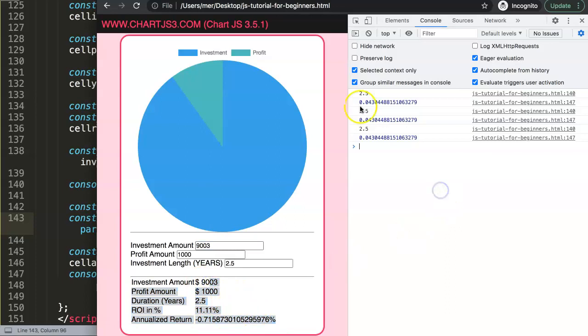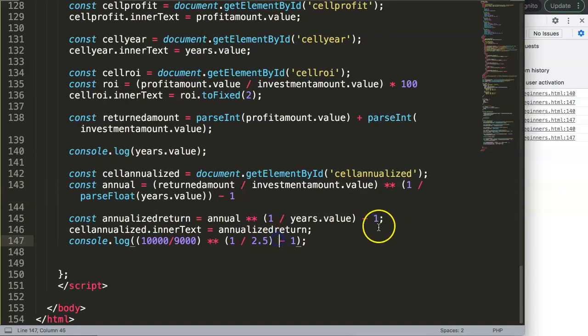That means that we're still working on something. So I'm going to check what is the issue here. All right, so that might be it. We have this here, we have the annual here. Let's see. Oh, this was our annual, sorry. So I realized that this needs to be just adjusted to that. Annualized return equals